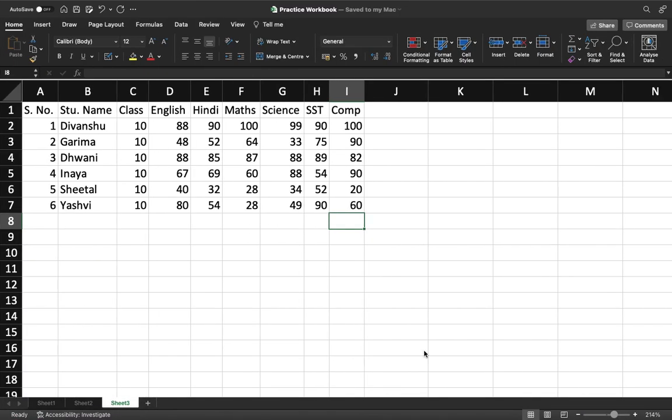Let's move to Excel. As you can see, I have some data captured here. This pertains to some students' records, and they all are in standard 10th and they have secured some marks here. So the result is out, and we need to work upon this data. This data is currently not formatted, and there are no formulas in place. It is just crude raw data. What we need to do here is first make this data a bit presentable, and then we'll work with